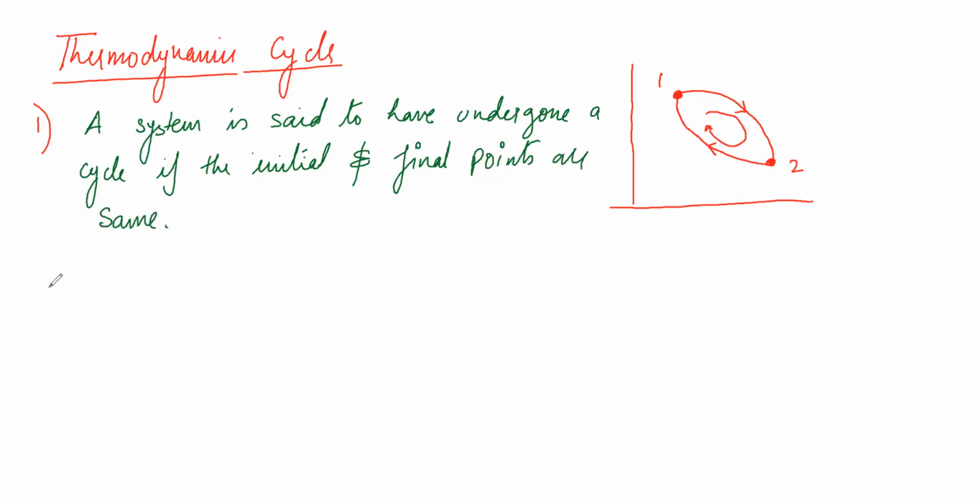That is one basic statement about thermodynamic cycle. If I ask what is the change of a property in a cycle, you can see that at this particular time point,